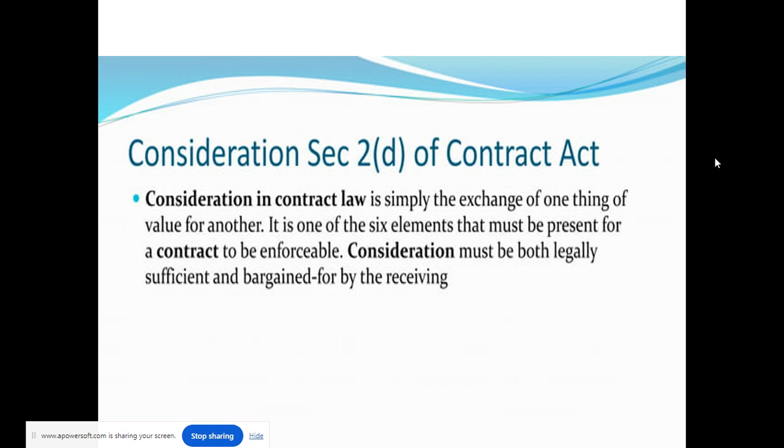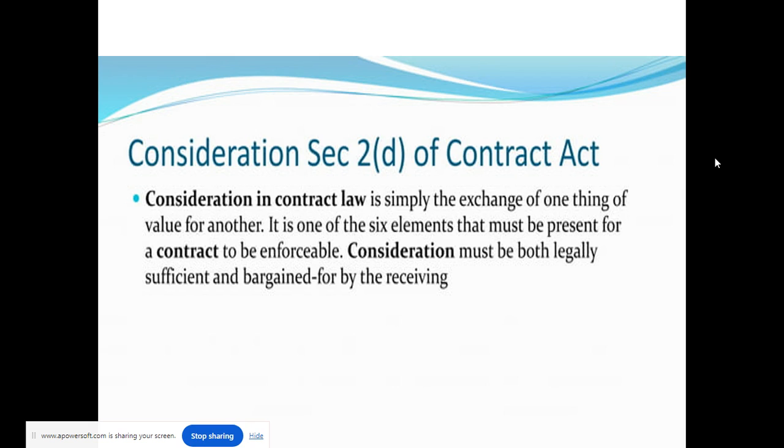So for contract law, there are certain considerations. For consideration, I would give an example: suppose Mr. X agrees to sell his land at 3 lakhs to Mr. Y. In this example, we can say Mr. X promised to sell the land in consideration of rupees 3 lakhs.